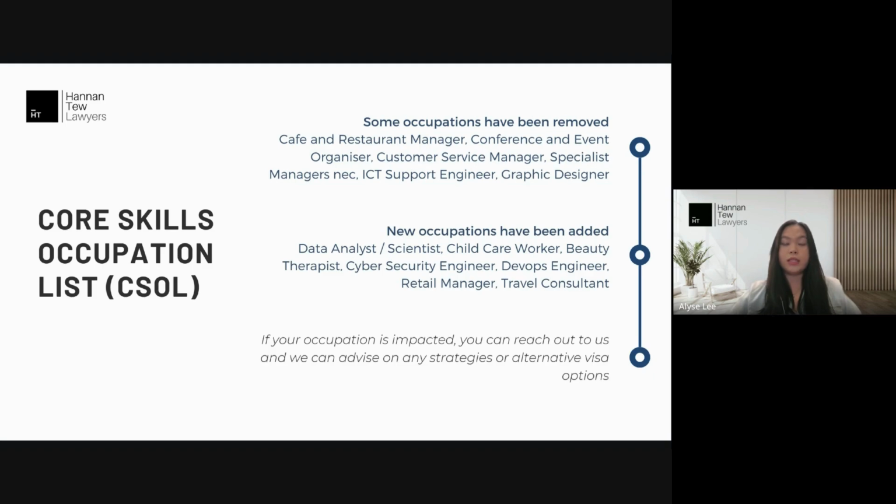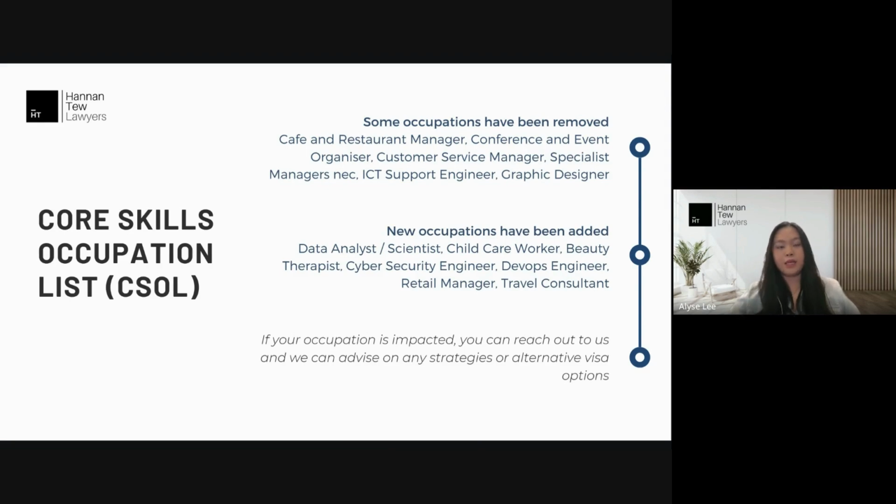Generally, from a high level, with current 482 visa holders that are sponsored with an occupation that's not on the CSOL list, there is still a pathway to employer-sponsored PR through the 186 visa, and this will be under the temporary resident transition, the TRT stream, if they have met the 2 years with their sponsor in their current role. If they're not eligible for PR before their 482 visa expires, so if they haven't met that 2 years, then we can look at if the salary for their role is above $135,000.